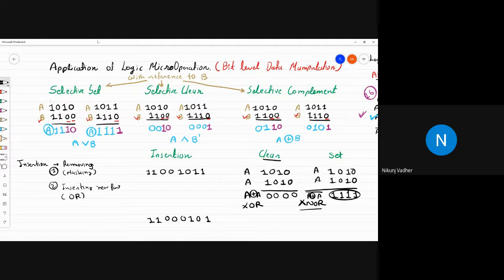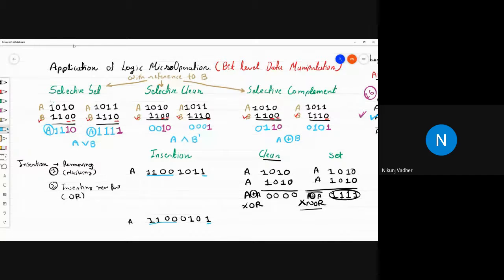Now you look at this pattern. This is A and this is the updated A which we want. Now which digits do we want as they are in the output? You can see that the higher order 4 digits, 1100, are the same, and this one is as it is. So we want to keep the first bit and last 4 bits from the right side as they are in the answer, and the rest of the thing we want to change.